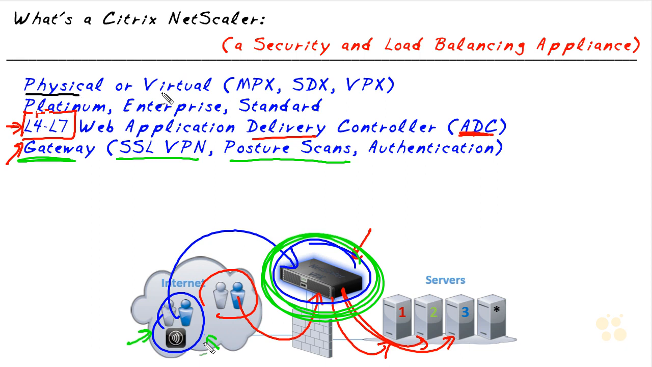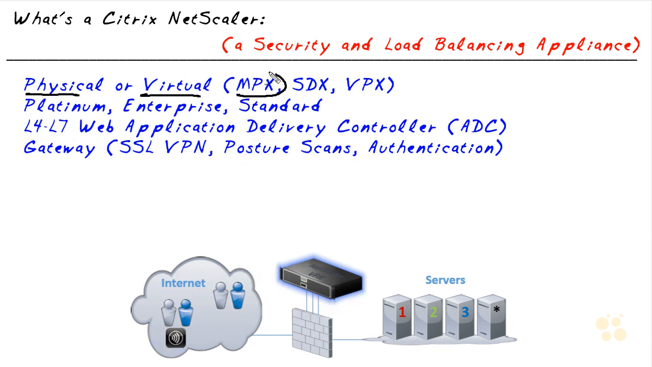physical, and others are virtual. For example, the MPX is a physical appliance. And Citrix makes some uber huge systems that can handle millions of connections and gigabytes and gigabytes of throughput. There's also SDX. The SDX is also hardware, but in that hardware, you can have multiple